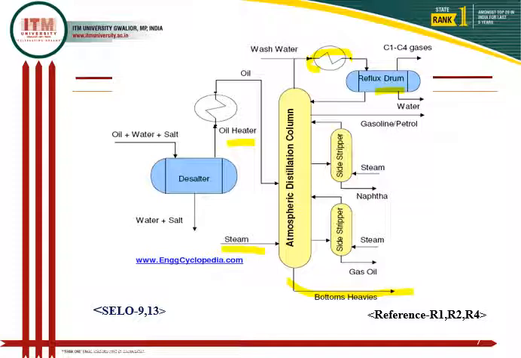So this kind of method is carried out, and we have the separation of the lighter fractions. We have the gases, then gasoline is separated. Understood? Then we have naphtha. These all are the lighter fractions which are separating here. Then we have the oil, gas, fuel oil. So the lighter fractions can be separated from the atmospheric distillation.